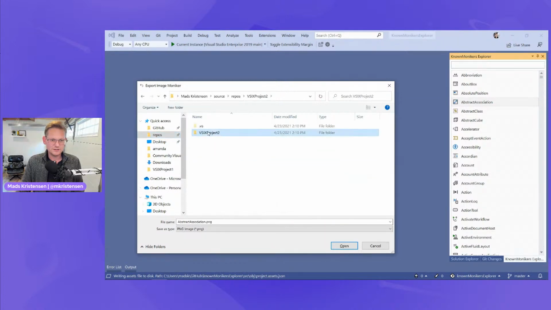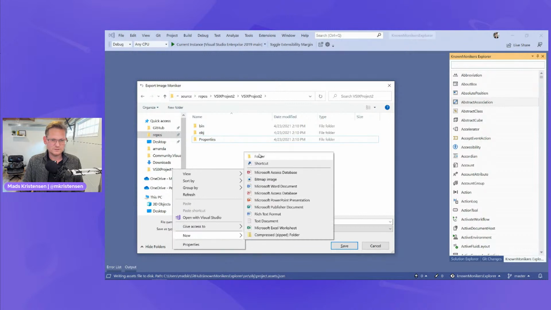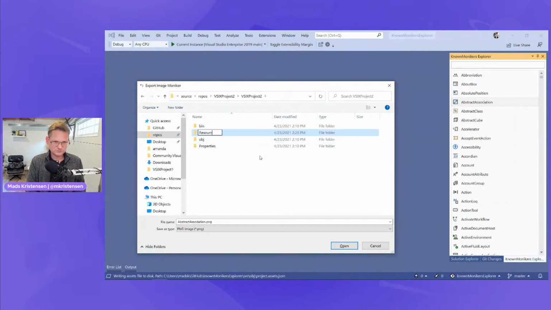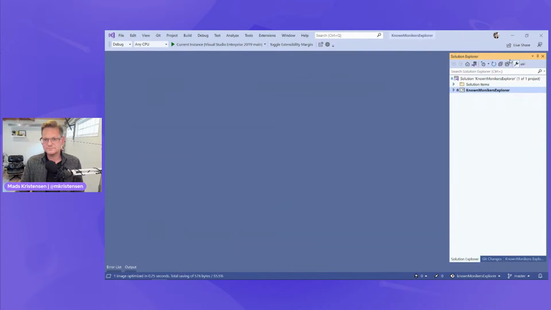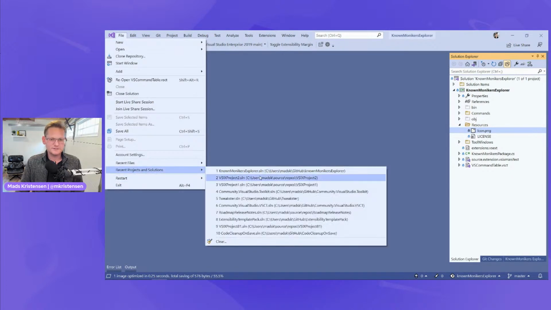So we're going to give it a new folder, resources, and we're going to put this one in. We're going to call it icons. There we go. So now, take a look and include our resources. Oh, it's all right there. There you go. Is that right? Can that be right? Oh, I'm looking at the wrong one. There we go.